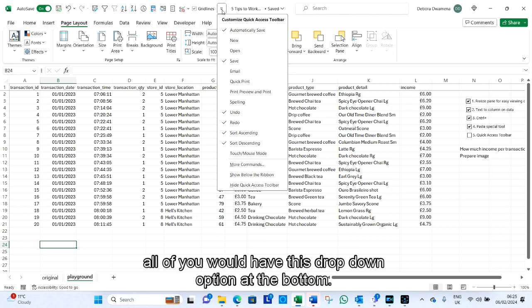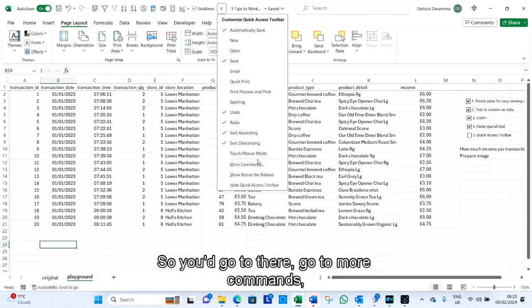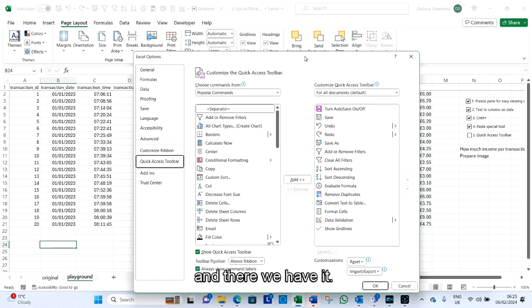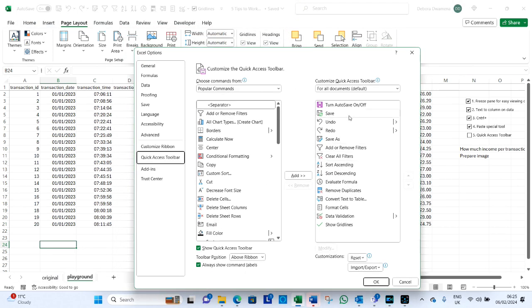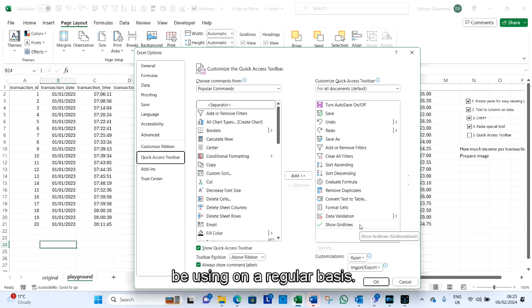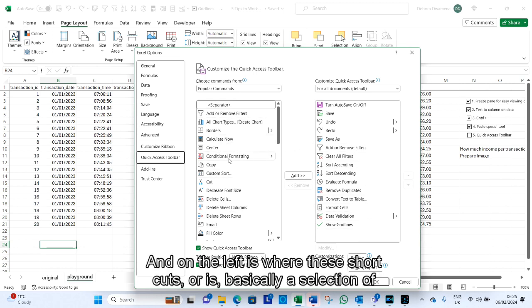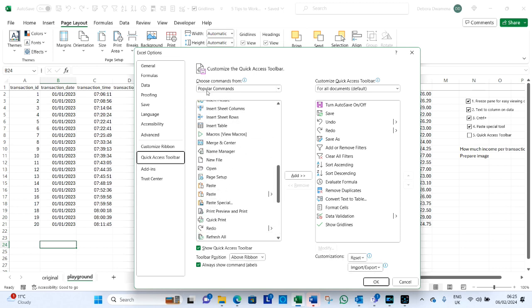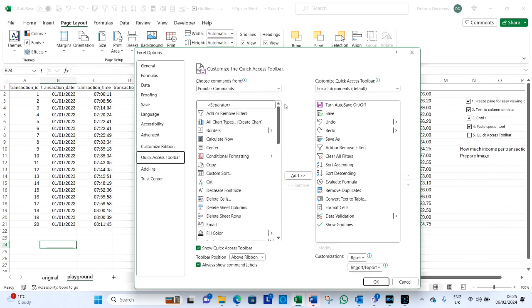But the way you'd format your quick access toolbar is all of you would have this drop down option at the bottom. So you'd go to there, go to more commands, and there we have it. That's how it looks. So on the right is where you would be adding the shortcuts that you want to be using on a regular basis, and on the left is basically a selection of all the shortcuts that Excel has,